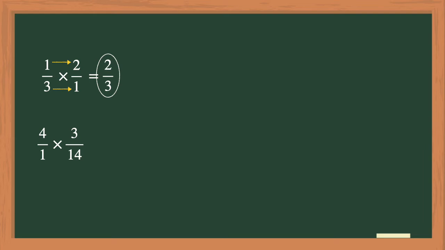I'll start by multiplying the numerators. 4 times 3 is 12. And then the denominators. 1 times 14 is 14. Looking at my fraction, I know that it needs to be simplified because the numerator of 12 and the denominator of 14 share a common factor of 2. So I'll divide both the numerator and the denominator by 2. 12 divided by 2 is 6, and 14 divided by 2 is 7. Now the numerator and the denominator do not share any common factor other than 1, so I know that I'm